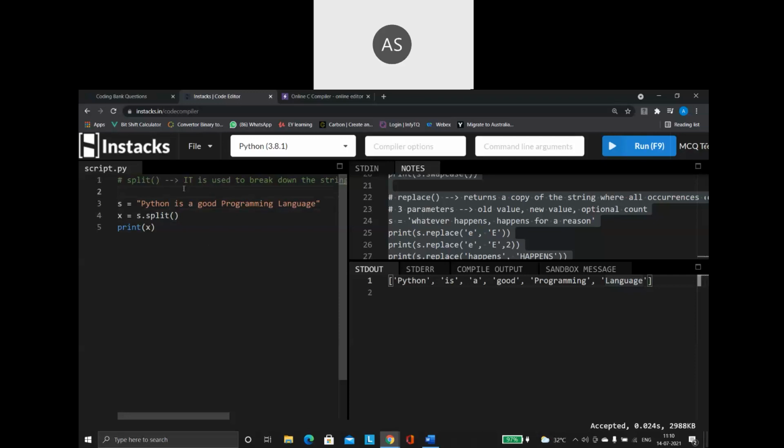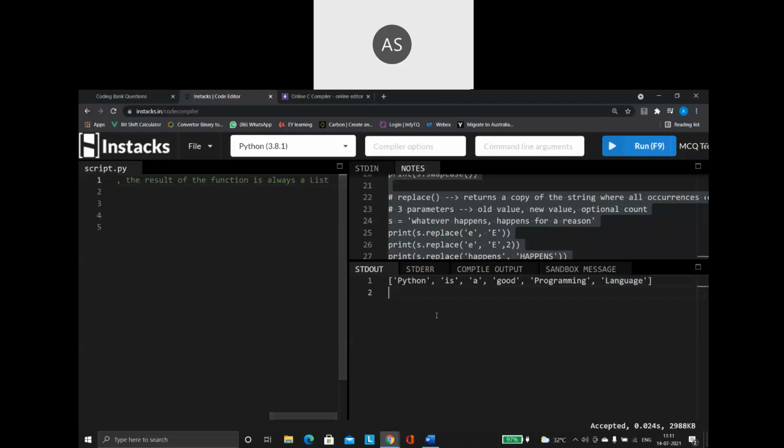And the other important point you have to know is, after splitting, the result of the function is always a list.